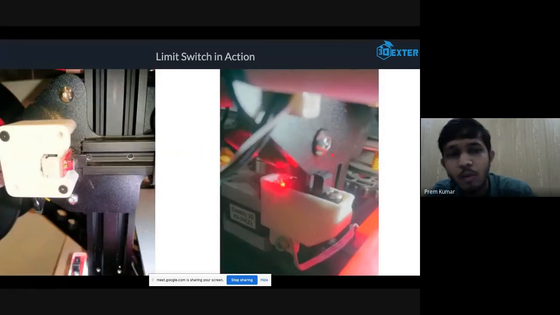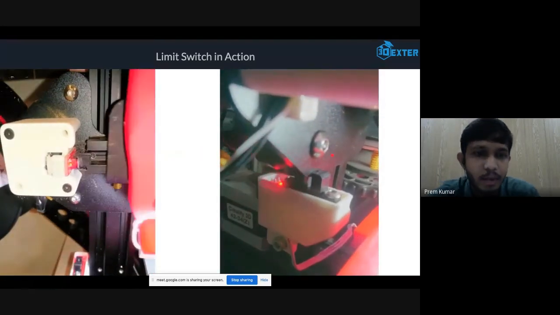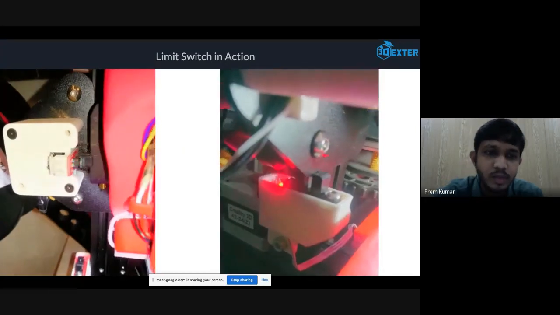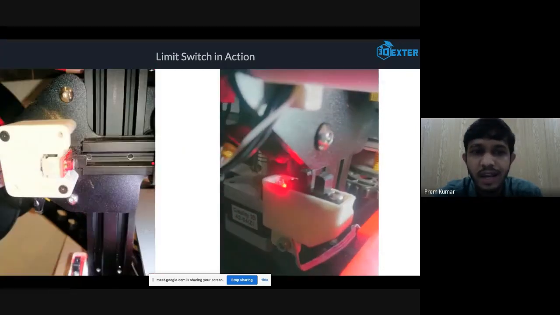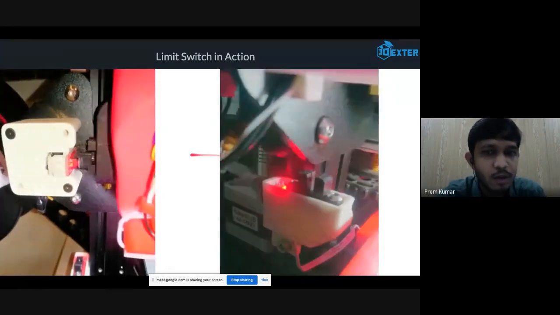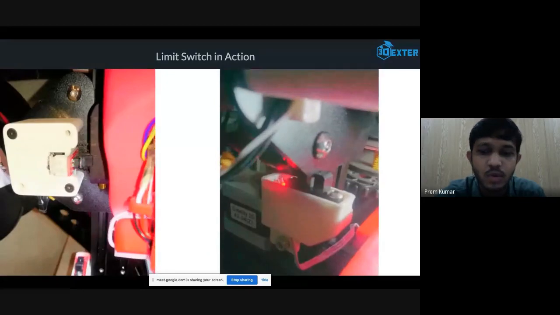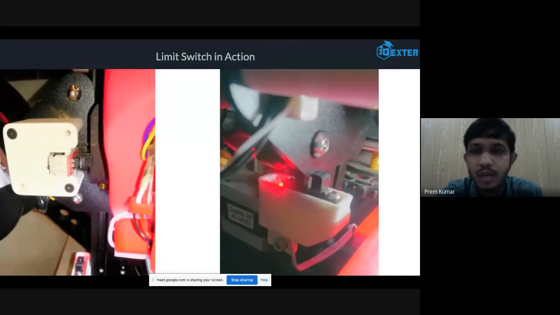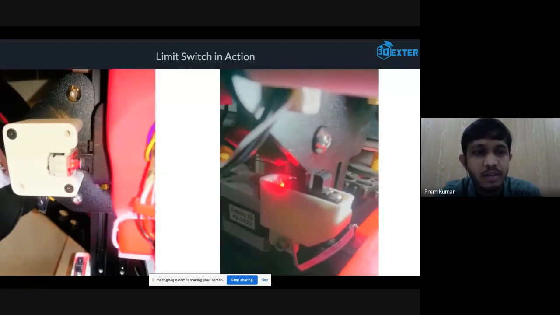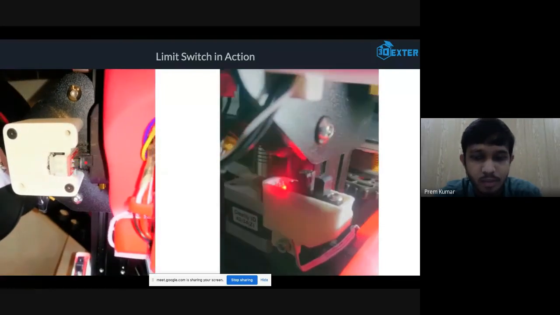It will not go beyond 200 mm if you properly configure your software. So if you give any values above 200 mm, it will not take the values, it will not move in that direction. So in the positive direction, it will not go to any maximum, but in the negative direction, it can reach till this limit switch only.